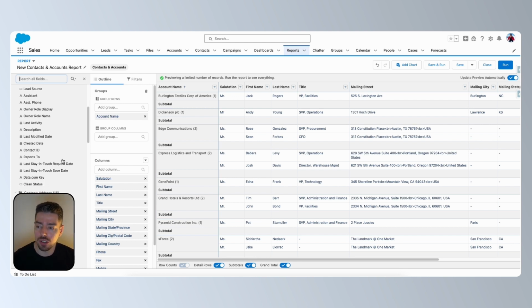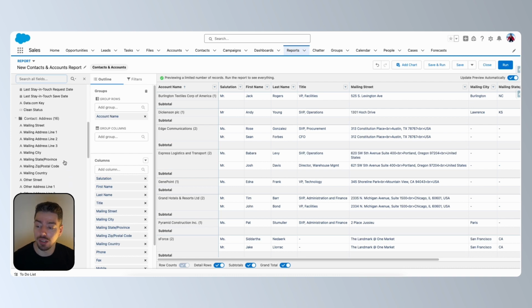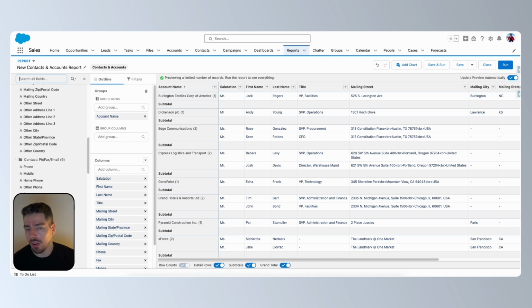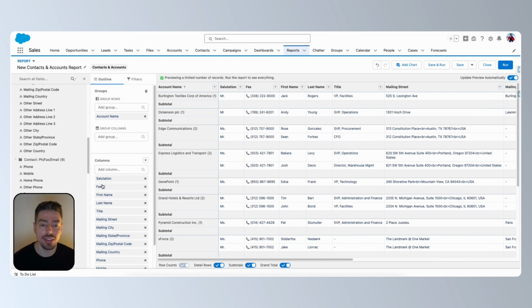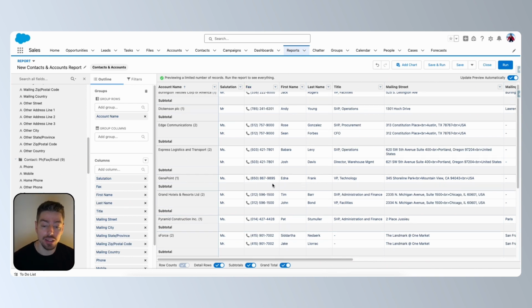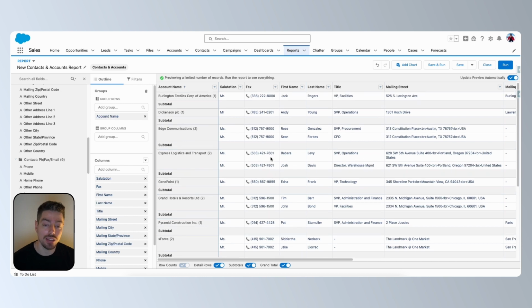Here, if you don't know what you're searching for, you can just scroll through it to have a look. And then if there is something that you like, let's say you really want to see the fax number of a contact record, because why wouldn't you? You can just drag and drop that field onto the column, and then that field is added to your report. And to my surprise, all of my contacts have a fax number, which currently is blowing my mind,